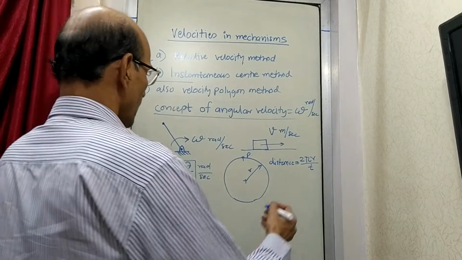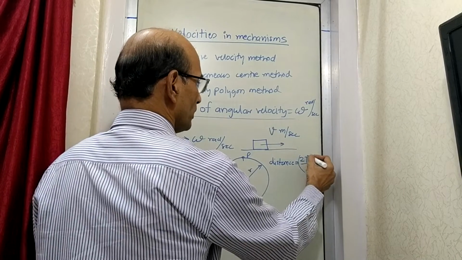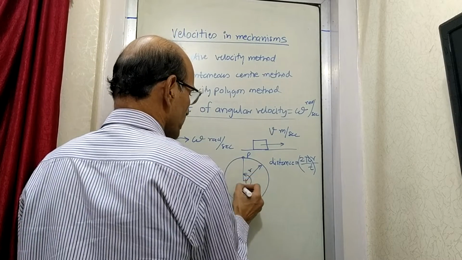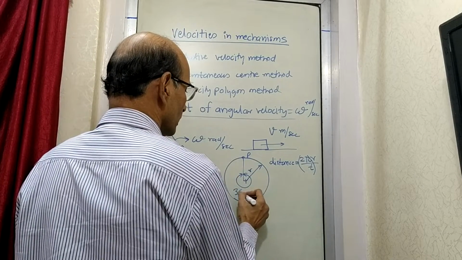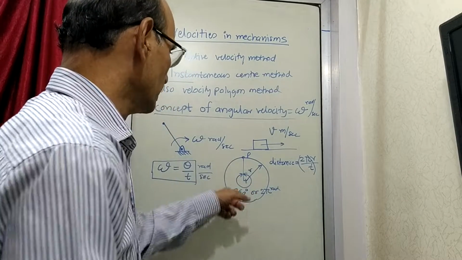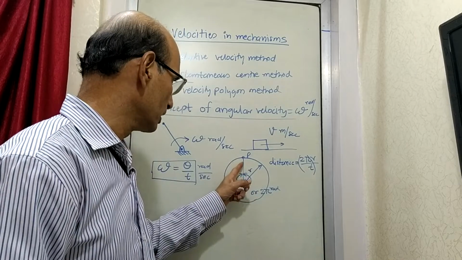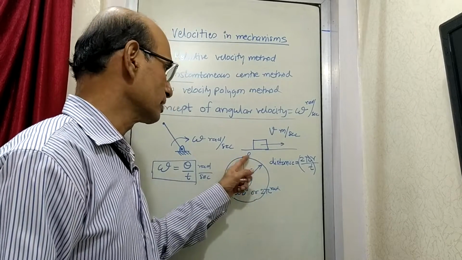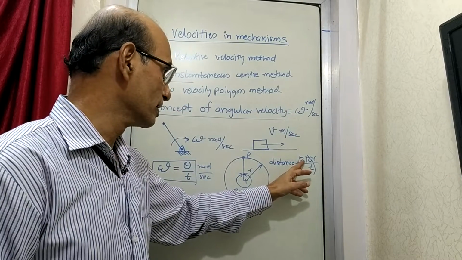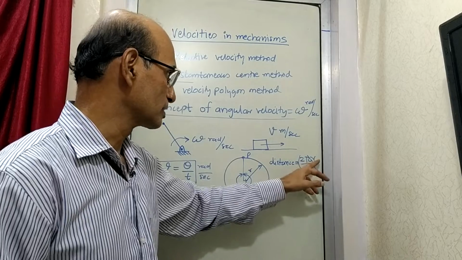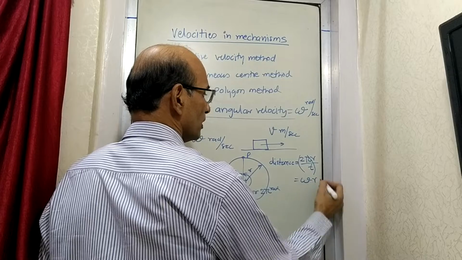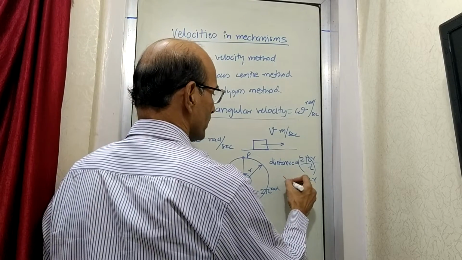Now you will see that this 2 pi divided by t becomes, what is 2 pi? 2 pi is the angle. You know that the angle, if you measure it from here to here, we call it 360 degrees, or it is also called 2 pi radians. 360 degrees is the same as 2 pi radians. So this point is rotating in such a way that it is covering an angular distance equal to 2 pi radians in time t, and it is at a distance r. Now what is this 2 pi upon t? This is nothing but the angular velocity, and r is the distance, and now this has become its linear velocity.